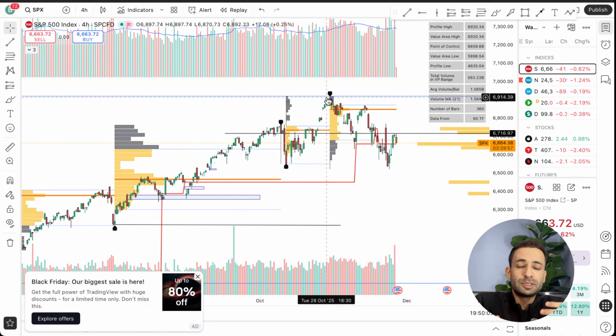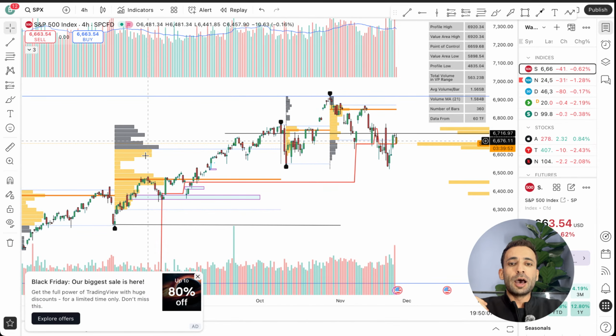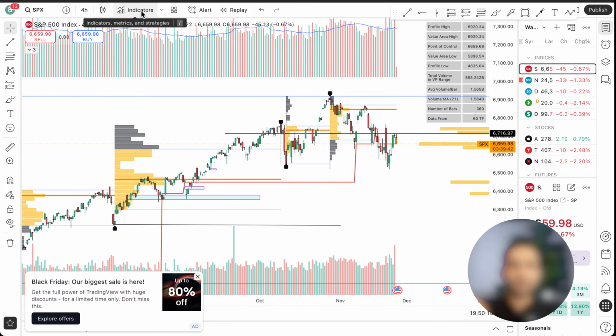All right, so this is how I do. Now let's get back to the indicators. I'm going to give new people, those who are new to trading, these indicators by name. Simply, you go on an indicator. You see here, there are many indicators, but you need to pick the right one.